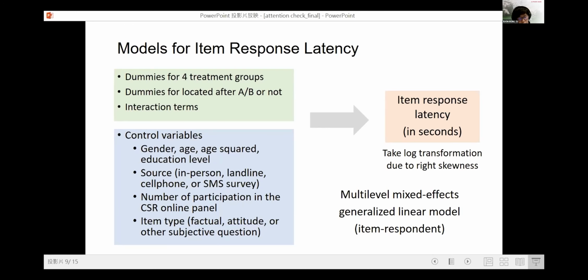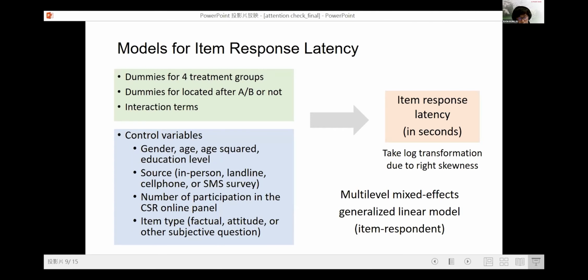Our key variables are the 4 treatment groups and also the dummies for the item of interest, the location, whether the location is after the attention check or attention check B. And also the interaction terms of the above items.